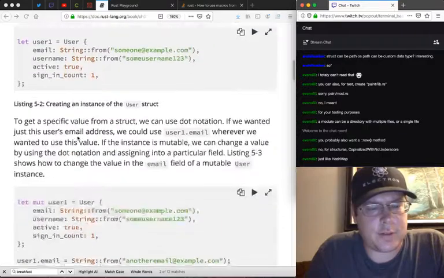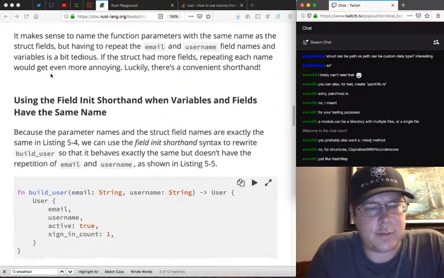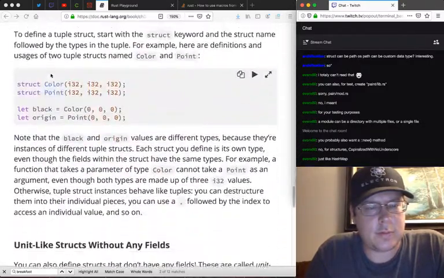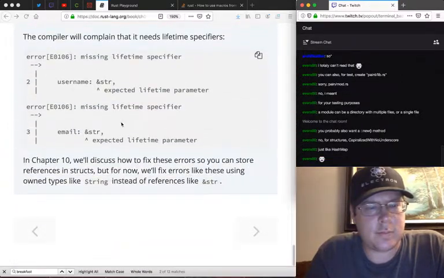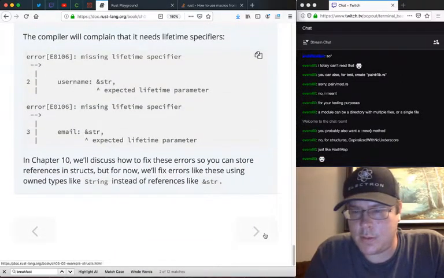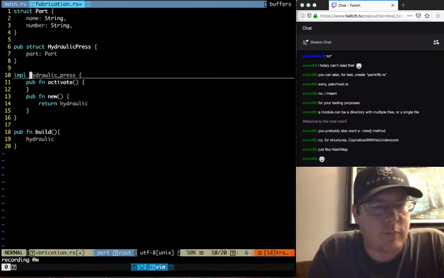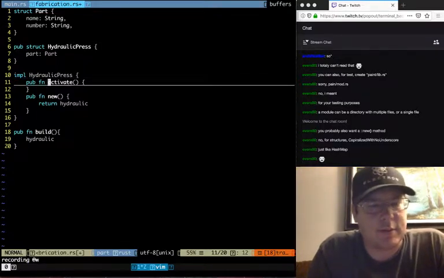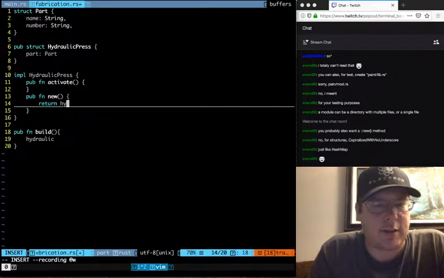Do they do underscores when they have more than one word? Impossible to know. Oh, just like hash map. There you go. Okay, cool. So for hydraulic press, we'll activate or create a new, return a hydraulic press